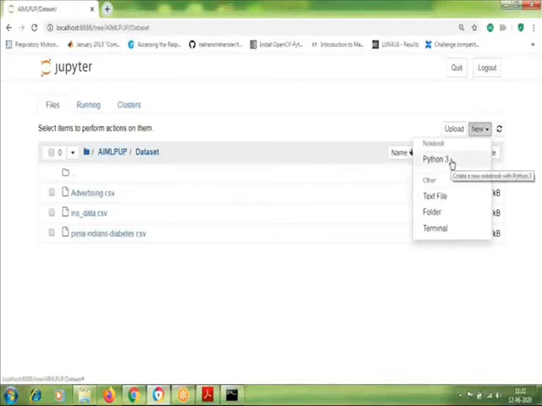Then it becomes easy for importing the data and everything. There won't be any necessity of considering the path of the data set. So I will start the notebook.